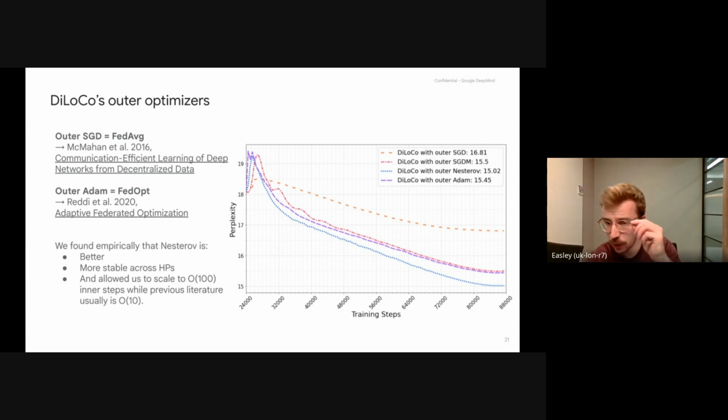And for the SGD, with the outer SGD, we actually tune the outer learning rate. So it's not one, it's I think something like 0.8, the best one. And still, it was not as good as Nesterov by large margin. And other outer optimizers like Adam, for example, are very unstable. So for example, for the outer Adam, we had to play with the epsilon on the denominator of Adam in order to make it more stable. We need to increase it a lot. And that was very complicated.